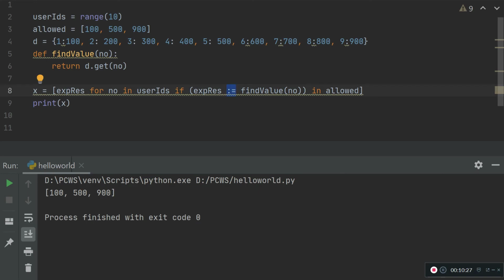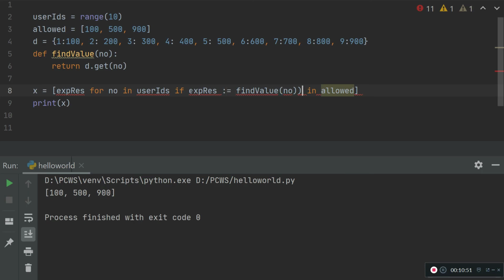Hope you understood how we can use the assignment expression and the advantage, how we are able to remove a lot of duplicate code execution, and how we can save a lot of time, and remove a lot of unnecessary code using the walrus operator. Only thing is you need to use brackets.